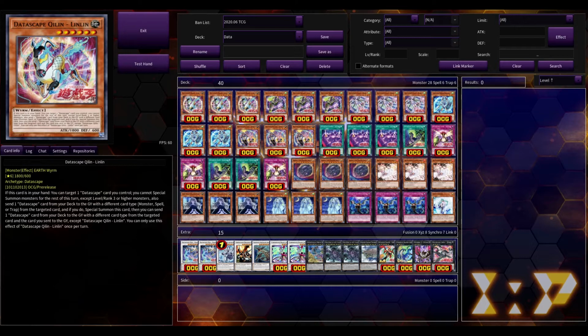But let's go on to the monsters and just have a brief overview of what they all do. I'm gonna butcher most of the names, not gonna lie, but guys, forgive me. So let's move on. We first have Killing, and so when this card is in your hand, you can target